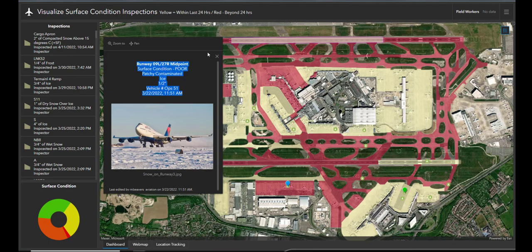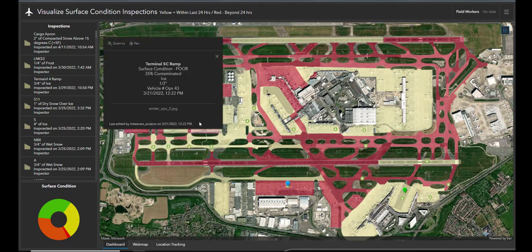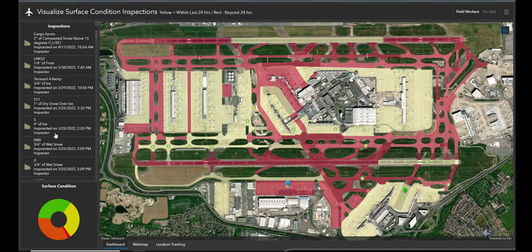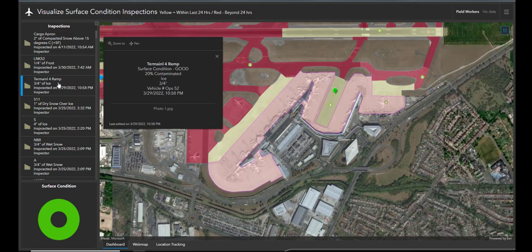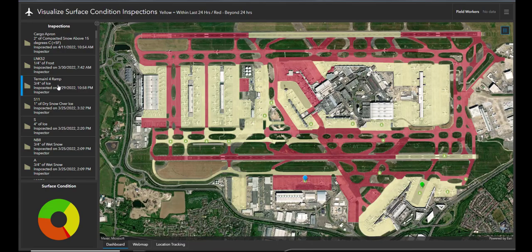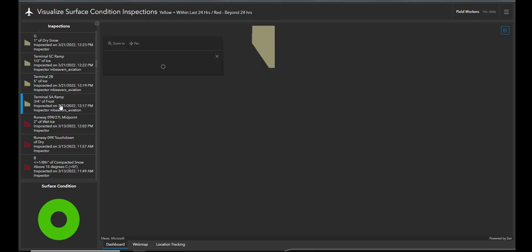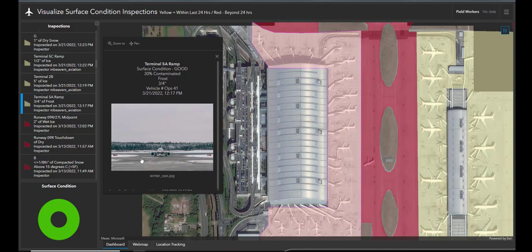As that manager, I could then select any of those individual surfaces in the map, and then with a pop-up be able to see the conditions that were reported by the inspector in real time. So I can see the location, the ramp that it's on, the surface condition, and other information that's collected by the field worker. We'll zoom into this ramp and see the same thing, that I can see a picture, detailed photograph, and in the list, then it responds by zooming into the area on the map and automatically opening a pop-up, and it's sorted based on the time that that issue was observed and that that surface was